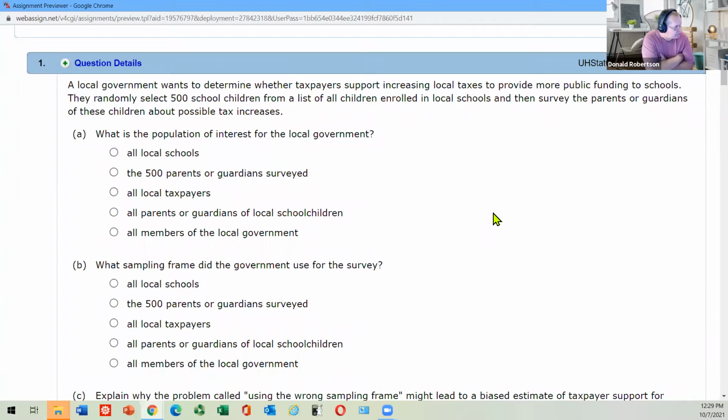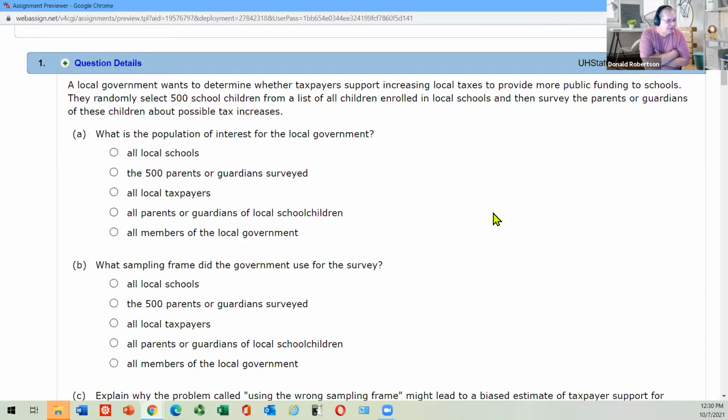We are going to look at all those terms that we talked about yesterday: sampling, bias, population, sample, all that good stuff. A local government wants to determine whether taxpayers support increased local taxes to provide more public funding for schools. So they randomly select 500 school children from a list of all the children enrolled in local schools, and then